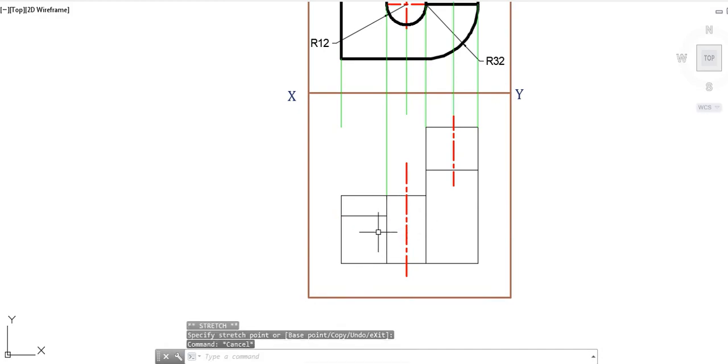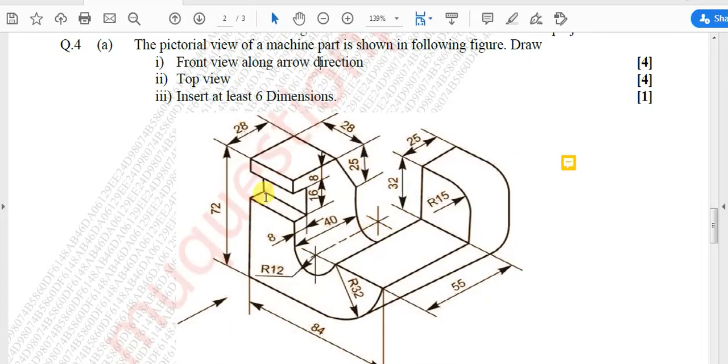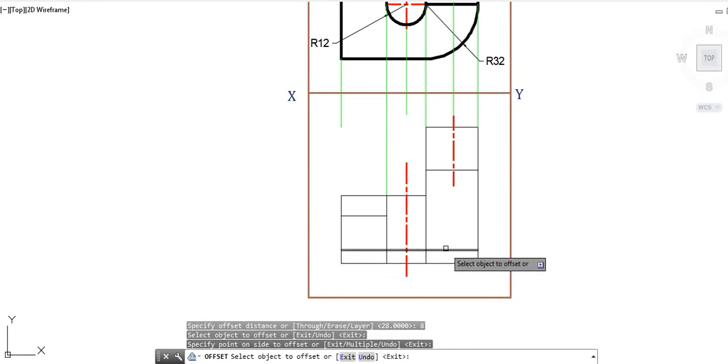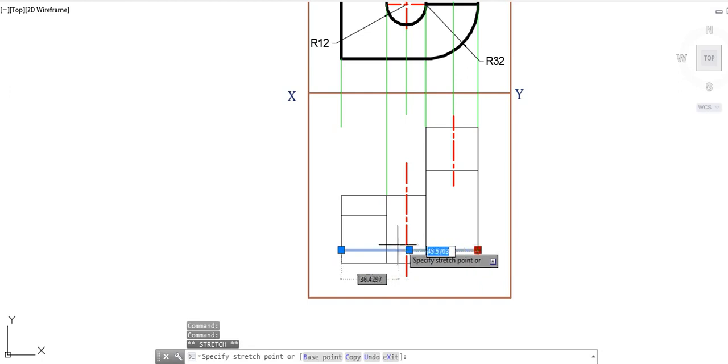At the end, we can see that there is a line present, but since the top surface is a plane surface, we'll not be able to see it from the top, and hence this particular line, which is at a depth of 8 millimeter inside, will go hidden in nature. So there we will draw another line parallel, of course, like this, and it will be present only in this area, which will go hidden.